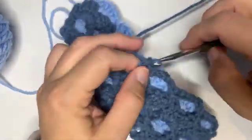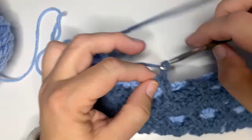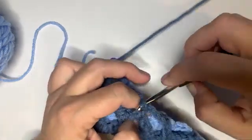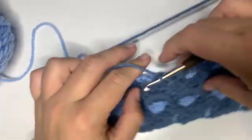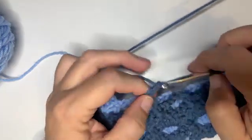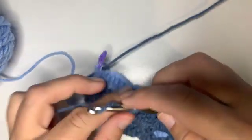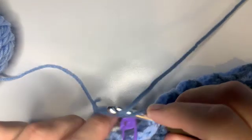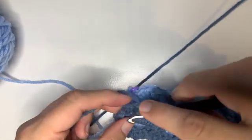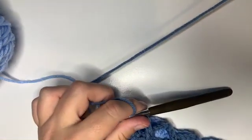Oops. So chain 3, single crochet into the middle stitch, chain 3, single crochet in between the shells, chain 3, single crochet in that middle stitch, chain 3, single crochet between the shells, chain 3, middle stitch, sorry, single crochet, chain 3, and then single crochet in the end there. So then you would cut your yarn,